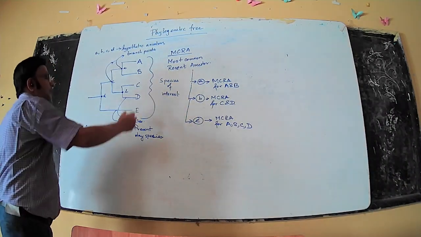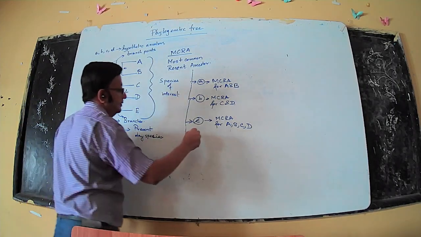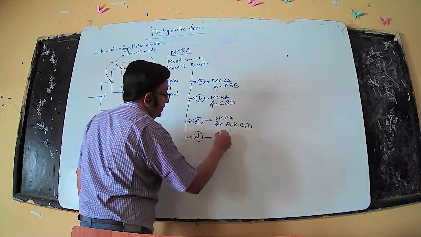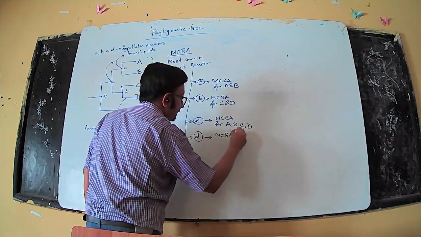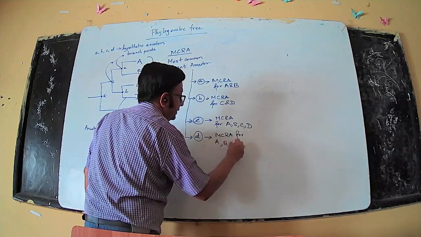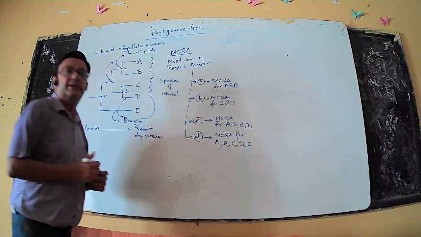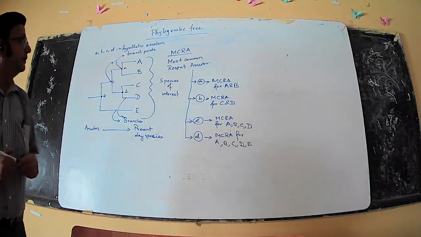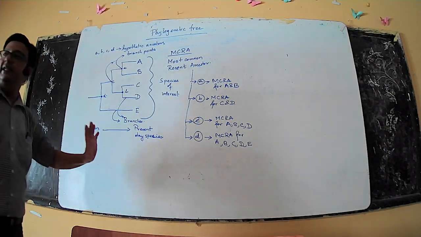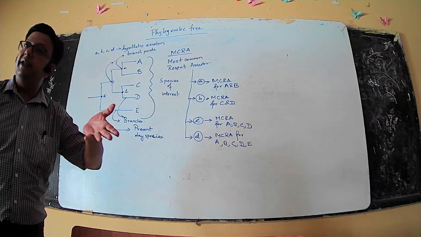Similarly, D is the MRCA for species A, B, C, D and E. Clear? So this is how a phylogenetic tree is constructed on the basis of more number of similar characters or less